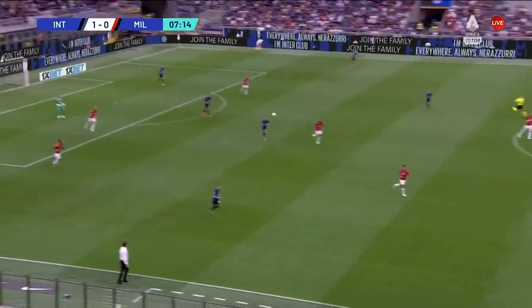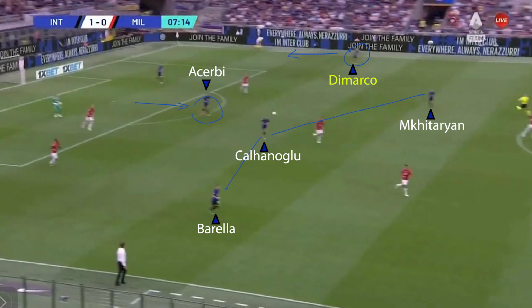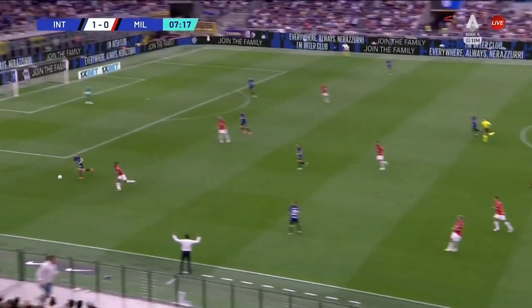Starting in the 8th minute with Inter Milan building up initially with a 2-1, with Acerbi stepping out from central centre-back into more of a CDM role, and then ahead of him you've got the midfield and Dimarco taking various positions on this left-hand side, whilst Dumfries basically is playing as a right winger on the right. On this occasion they play it long and AC Milan are able to defend it,